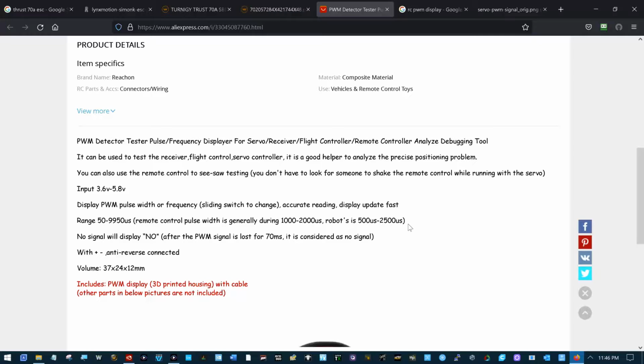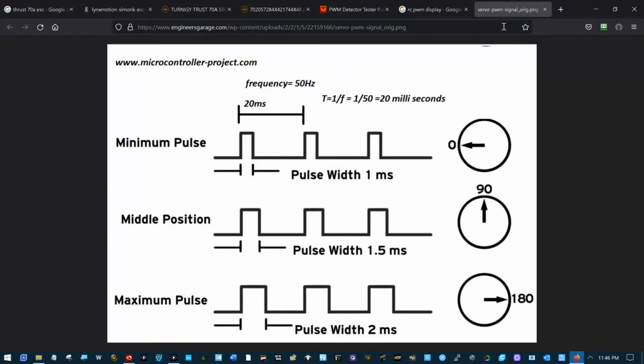So that's the range of the width of that signal that you're putting out on the RC channels. Now, the way I like to look at this, and this isn't exactly correct, I like to look at it as the servo follows this falling edge. So if this is that 500, the servo's sitting there at 0, and as that edge moves to the right, filling in this time period, and see a 2500 would fill this whole thing in. It wouldn't do it completely, again, because of timing constraints, but